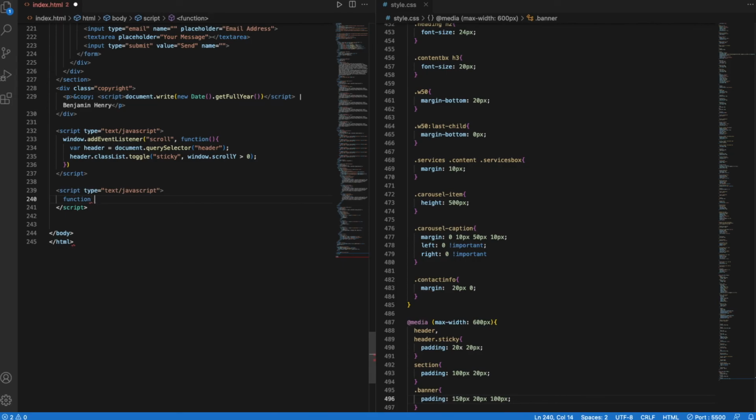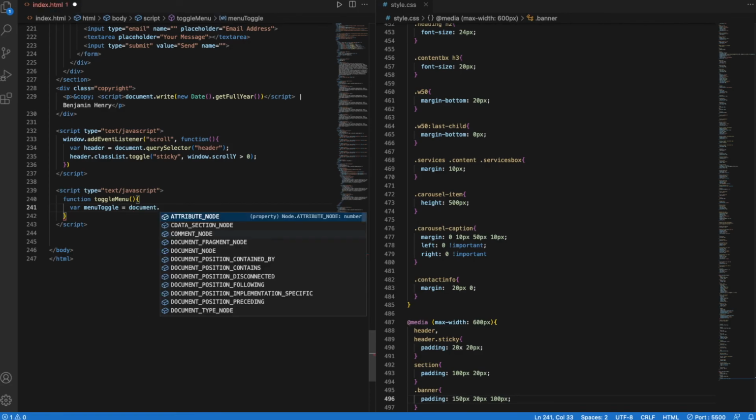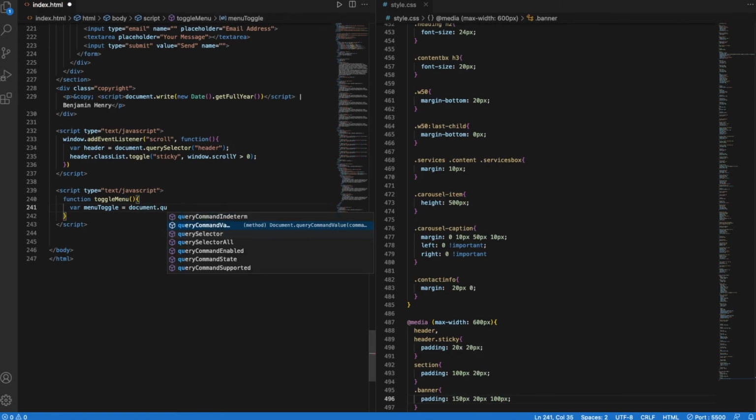Function toggle menu, var menu toggle equals document dot query selector, toggle